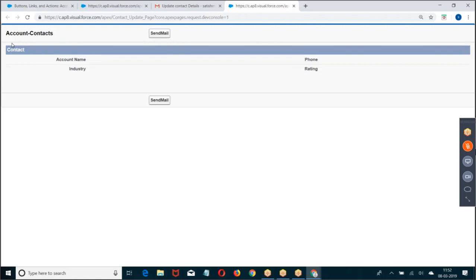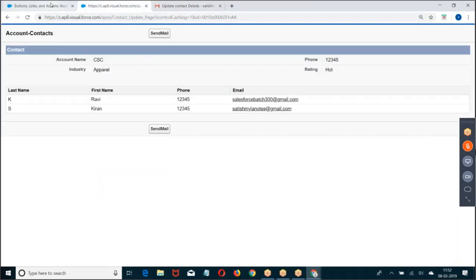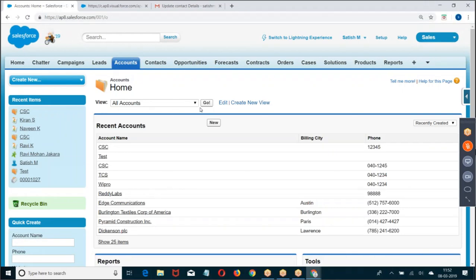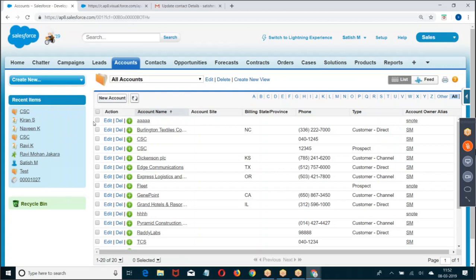Okay. Now, standard controller is referring to what? Single record. Using a standard controller, I was creating a button on any one of the detail pages. What if you want to create a button on the list view page? Here I want to create a button. I want to select the records, click on the button, delete them. Select the records, click on the button, update. Modify the owner as student.